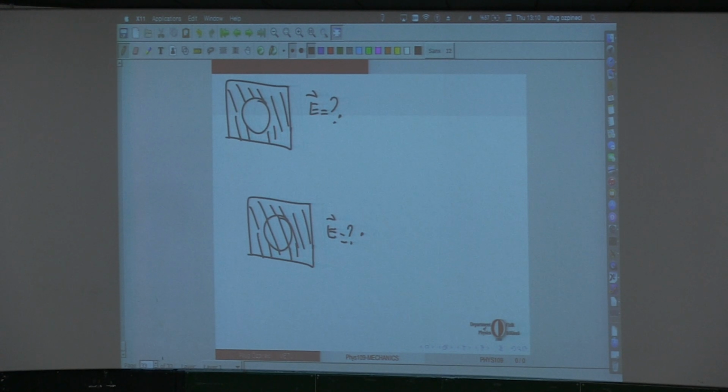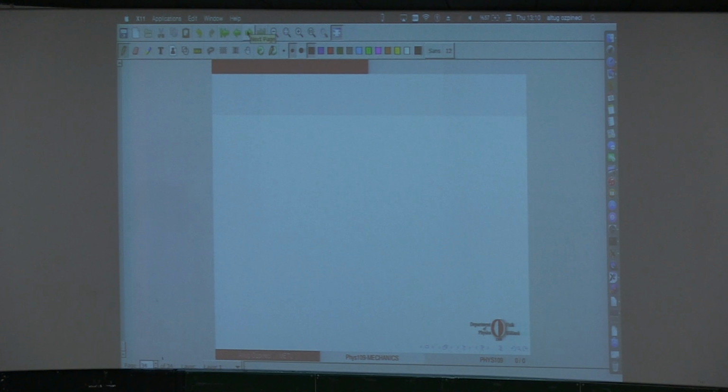Now, one problem is how do we visualize the electric fields? Remember on mechanics courses, we were always drawing this free body diagram to simplify, to kind of visualize the processes. Now, how do we visualize the electric field? So let's say you imagine some charge over here, positive charge. Now the electric field here,